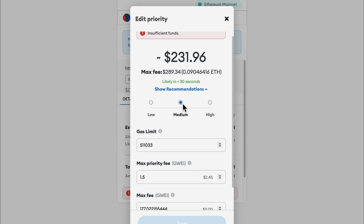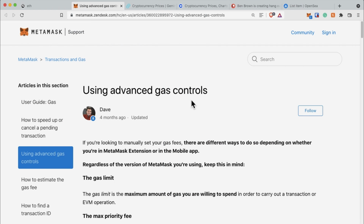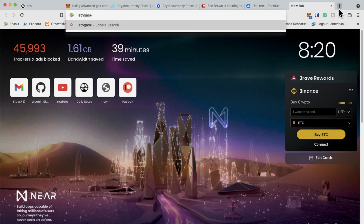Or, the middle ground, 30 seconds. Or low, which could take up to 30 seconds. But the low gas fee here is still $200, 7 cents of an ETH. It's tough. These things are malleable. Let's back up for a second. One thing that I do all the time, and this is a great resource, is I go to